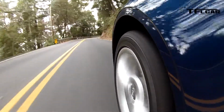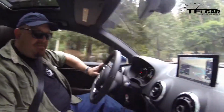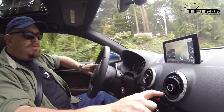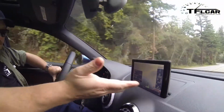The other thing that's kind of weird, and you pointed out rightly, Nathan, is there are no radio controls. No hard radio controls. Everything is controlled down here through the MMI. And this system is a pretty cool system for gadget freaks, but at the same time, come on, guys. No radio buttons here for you to quickly turn and hit. In order for that to work for the radio, I have to go into the MMI, select the radio function, find what I want to hear,